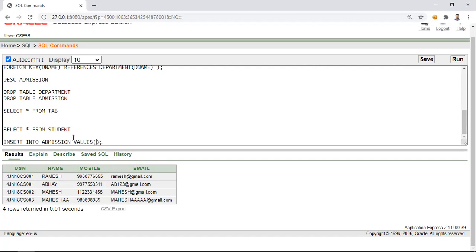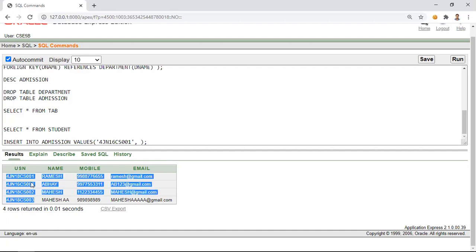So in admission, the first attribute is the USN. When I specify the USN value in this insert statement, it should be present in the student table. Which means I can use only these 4 values.